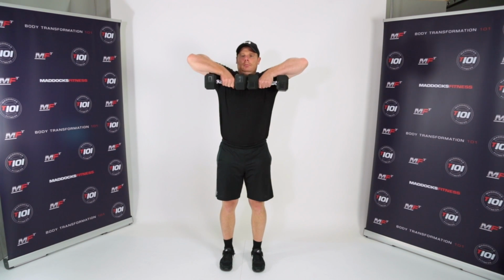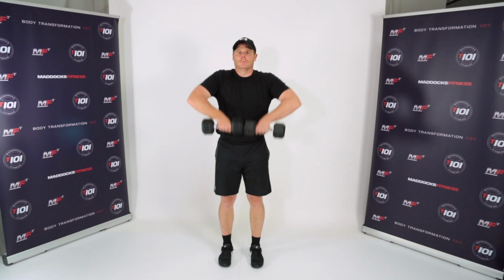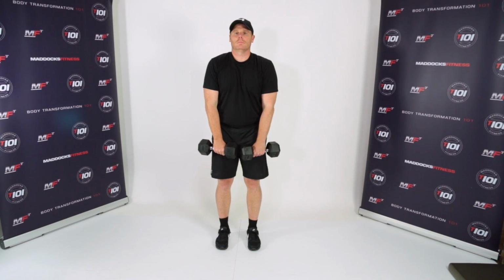Maintaining good upright posture, hold the dumbbells in front of you together. Slowly row up, leading with the elbows,